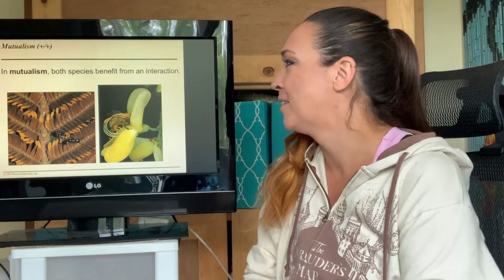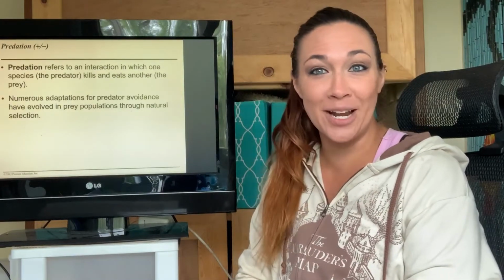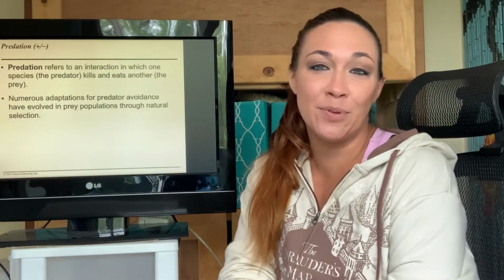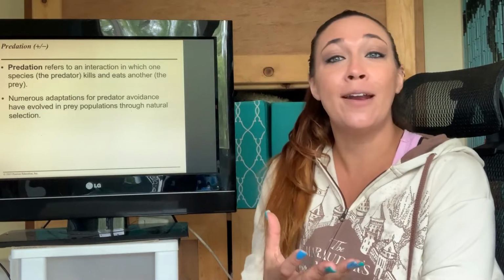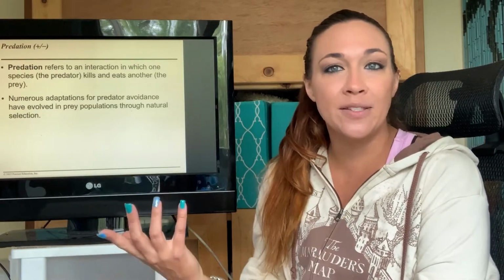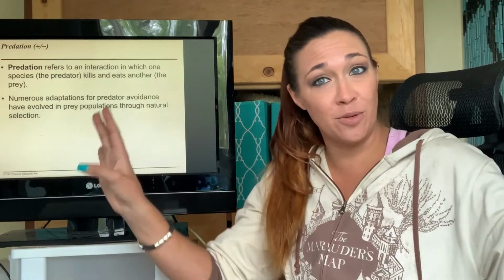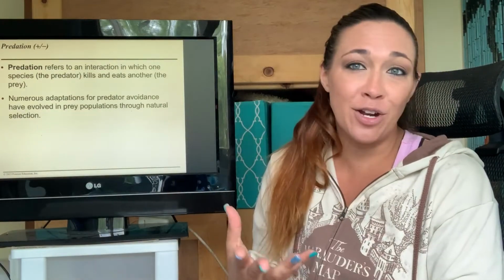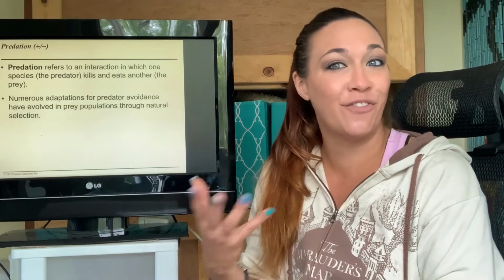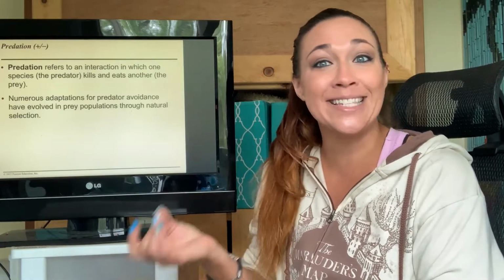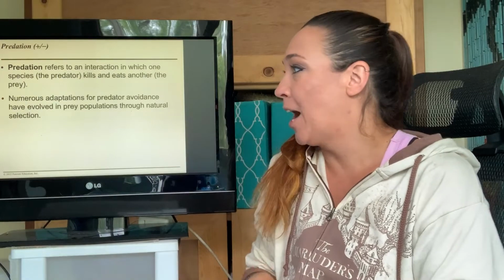Anyway, okay, I digress. All right, let's talk about predation, right? This is going to be one of the examples of the plus-minus, right? The predator is the one who's eating. The prey is the one who's being eaten. This should not shock you guys, but just to define terms so we're all on the same page. So the predator is always going to be the plus. He's the one who gets the food. And the prey is going to be the minus. He's the one who got eaten.